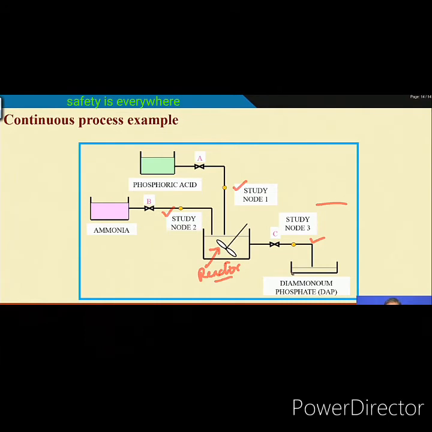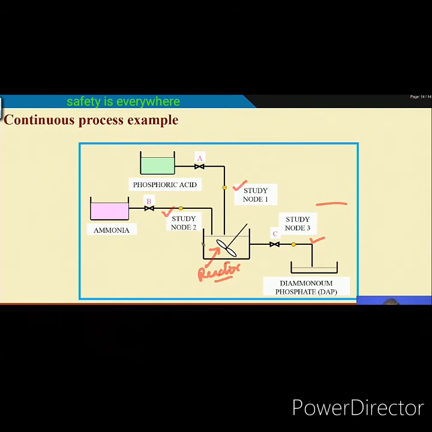One may say, I want to consider study nodes as this tank 1, 2, 3, 4, 5, 6, then pipeline here 7, valves 8, another pipeline 9, another pipeline 10, it will be many. But if you do it that way also, and finally compare with the results of 3 study nodes, you will find that almost all the deviations are identified in the 3 study nodes too. That is called judicious consideration.